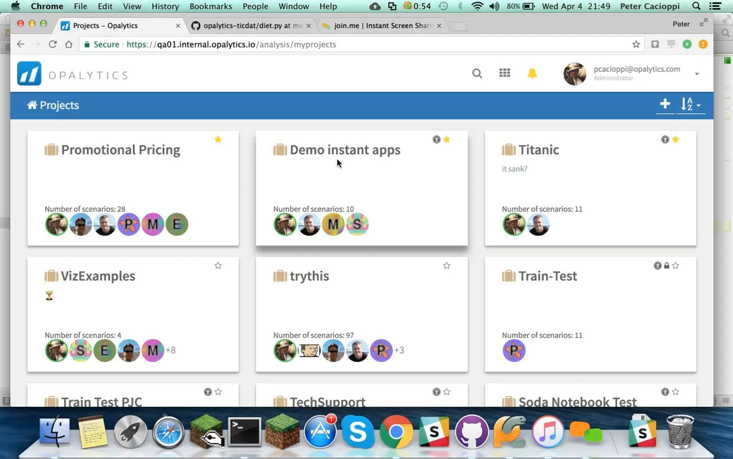I'm Chief Scientist at Opalytics, and today I'll be presenting a demonstration of publishing a parameterized notebook as an application. This is part of a series of videos around parameterized notebooks, which is an innovation that we're developing here at Opalytics. And the idea is that by parameterizing a notebook, you can allow a user to run the notebook